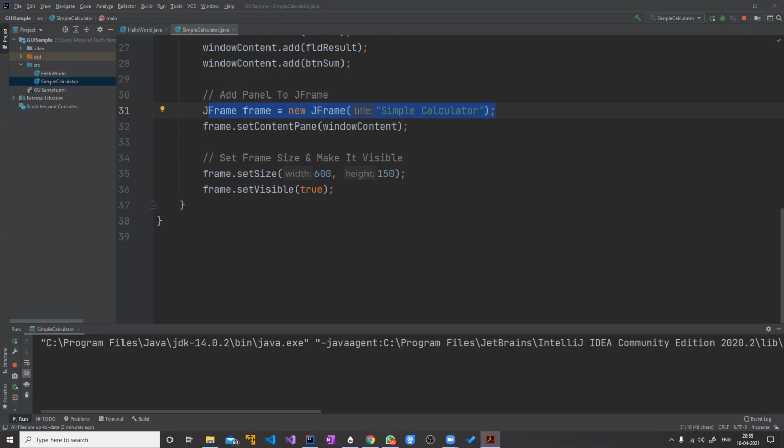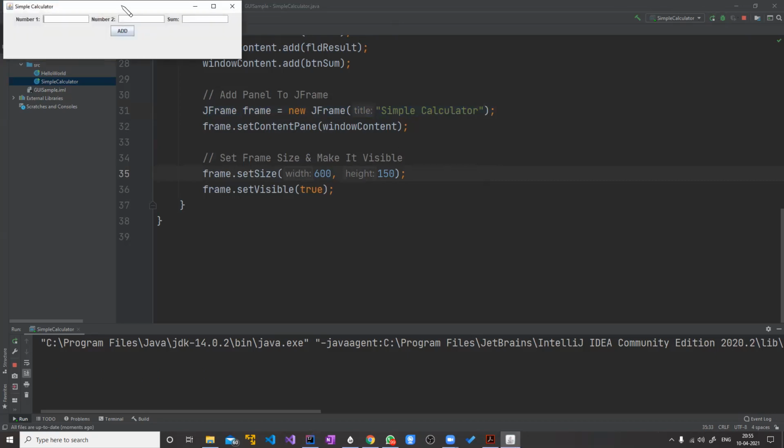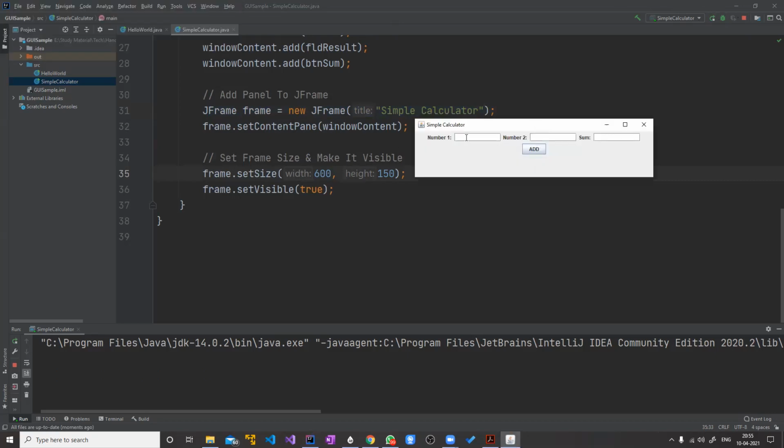Okay, so let's bring that window back. So this is the window. If I am adding numbers to this text box, that is actually an event. If I am clicking this add button, that is also an event.